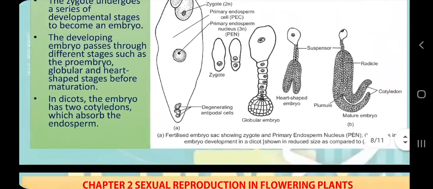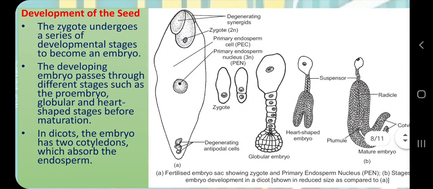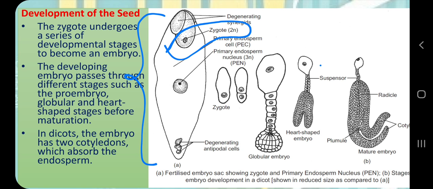I am concluding the revision by taking up the process of zygote formation. What is zygote formation? As I have said, the first fertilization, which was the fusion of egg and sperm, will form the zygote. So here you can see the zygote. This is the embryo sac, which was previously the female gametophyte. Now it will become the plant embryo with stored food.